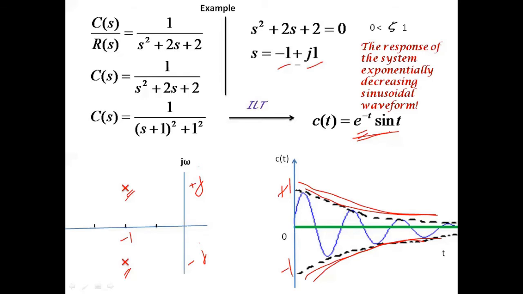So you can relate this example with respect to the condition 0 less than zeta less than 1. And this is the condition for which we have obtained the roots to be complex and conjugate. So these examples will be helpful for you to relate with the derivation which you're going to do right now with respect to the unit step response of a second order system for an underdamped condition. Underdamped condition is nothing but zeta ranging from 0 to 1. So having these ideas in mind, let us start with the derivation.